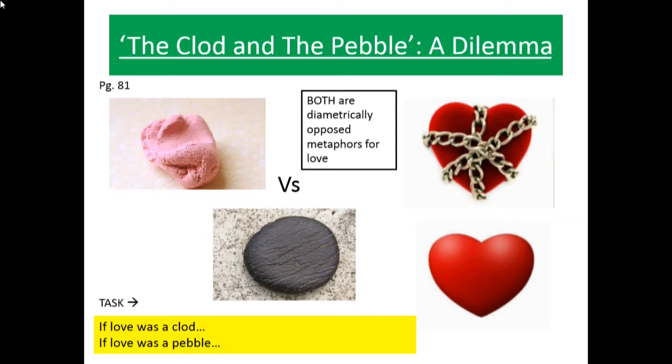Okay, so the clod says that love seeketh not itself to please, nor for itself have any care, but for another gives its ease. Okay, so the clod's type of love is totally concerned with the love of others. Okay, so it's this big open blossoming heart that is constantly giving out love for others. Okay, it should not consider its own needs. It is a selfless love. It is essentially oblivious to its own needs.